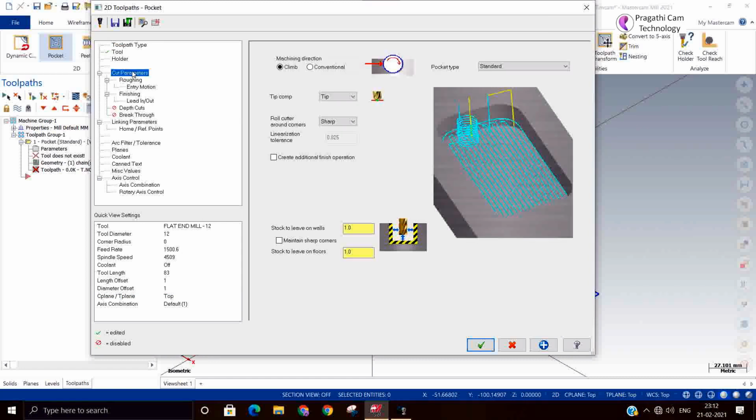So now we'll go to cut depth. If you want stock, you can give stock. Okay, we will keep 5 mm stock on the wall. You can keep variable depth of cut, variable stock also, meaning wall stock and bottom stock.